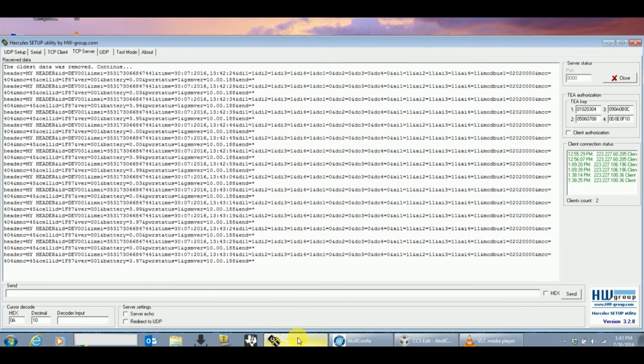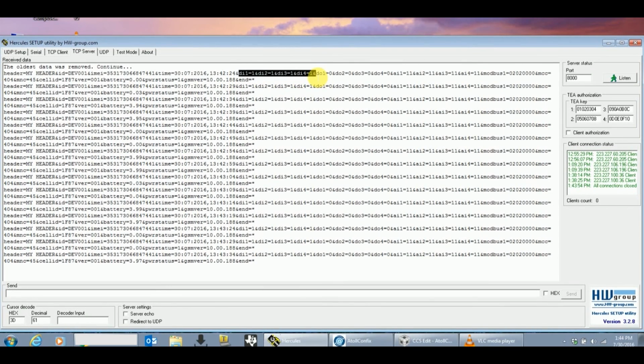Now let's have a look at my TCP/IP server. Here is my first data coming from the gateway, where you can see the configured message header as my header and device ID as DEV001, the IMEI of the device, and the date and time stamp also.